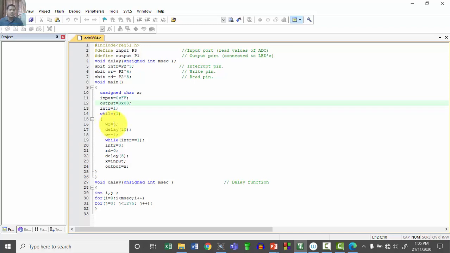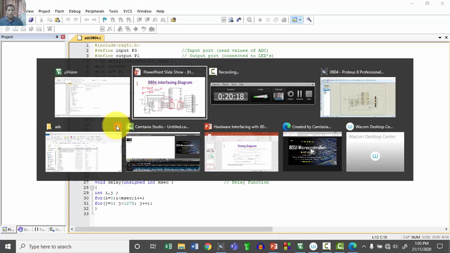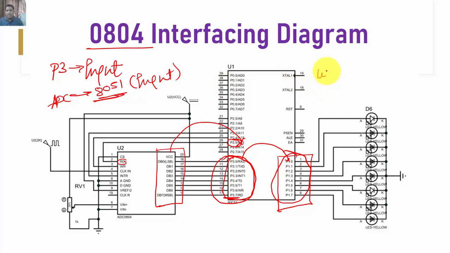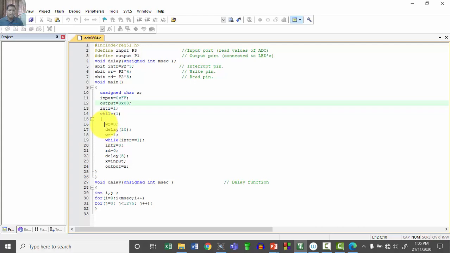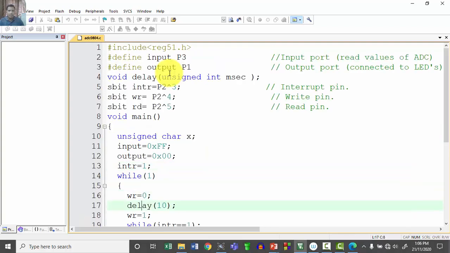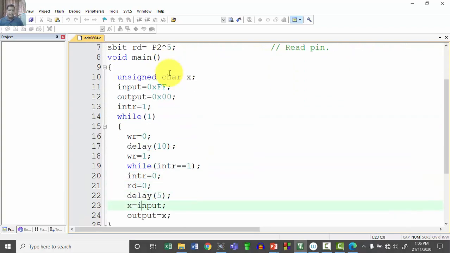Initially the WR bar is high, then I send it low, and then high again. This pulse provided on WR bar means start of conversion. So the moment I send this, the start of conversion happens here.